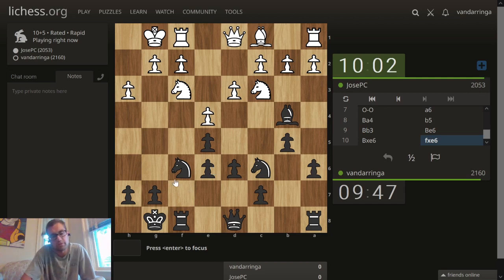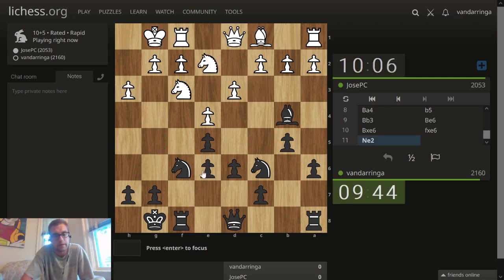I've opened the file for my rook. This is one of those examples. I think maybe knight g5 was a better try for him. Then I probably would have taken on b3 and he would have opened up his a rook there. But this is nice because I've opened up a file and I've centralized one of my pawns. This pawn can be a bit of a weakness, but